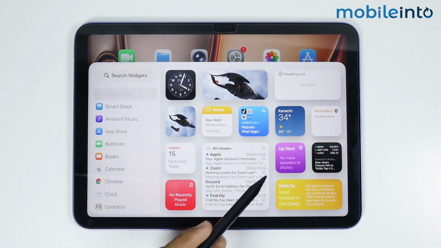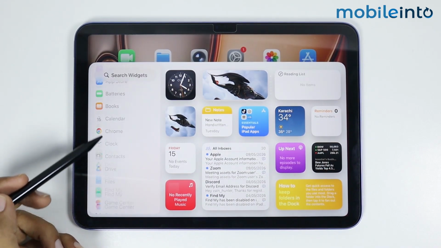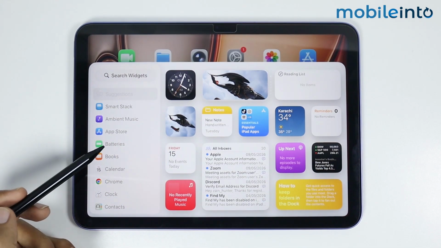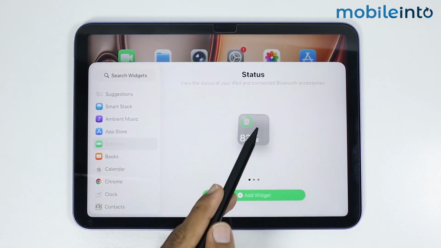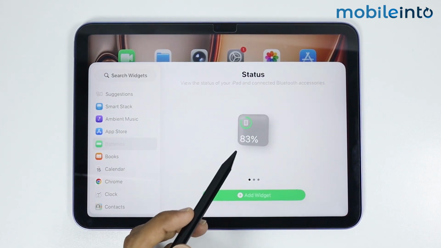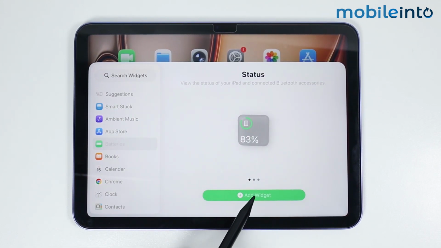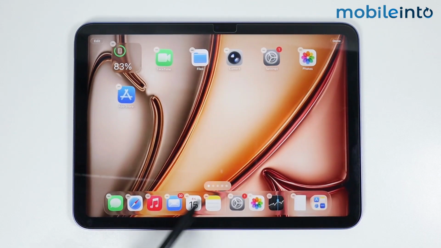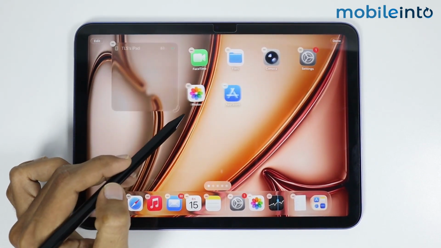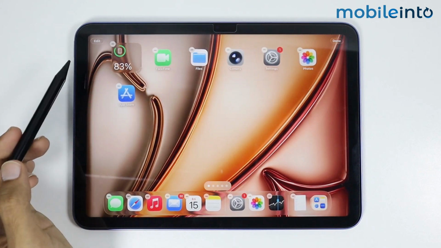Now you can either select any of the widgets which are available over here, or you can just scroll down from the app list over here to set a custom widget from a specific app. For example, I will select batteries, and from here you can select any of the battery widgets which are available on the screen. For example, I will select this widget, just tap on Add Widget, and you will add it to the home screen. Now you can either increase or decrease the size of the widget as you prefer, and